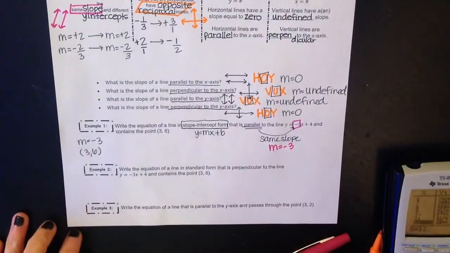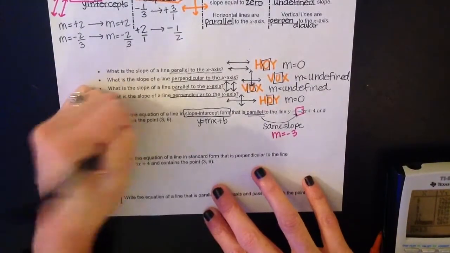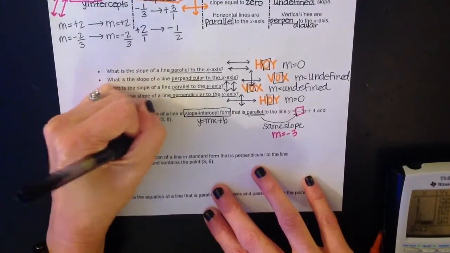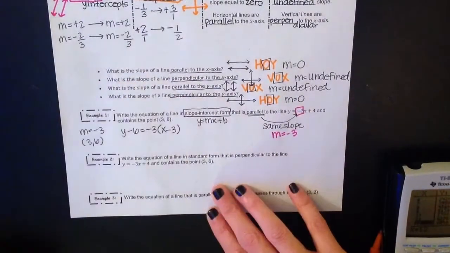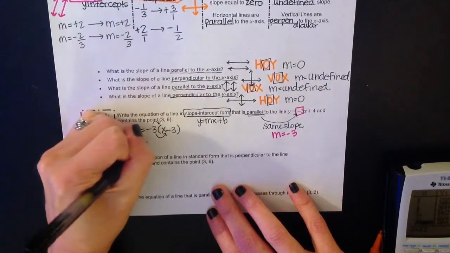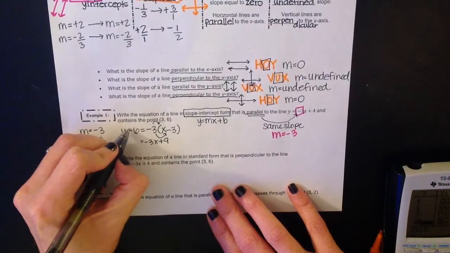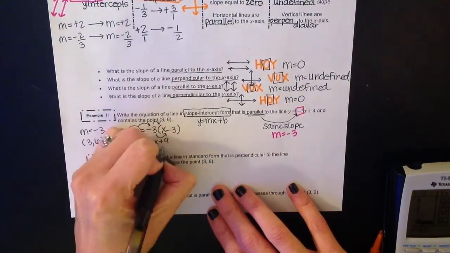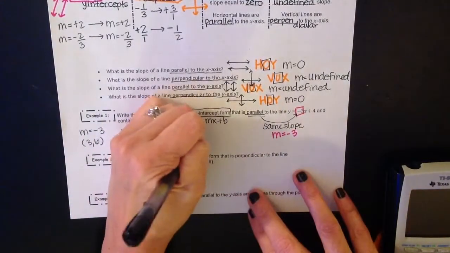So what I'm going to do is I'm going to use my point slope equation, and I'm going to say y minus the y value is equal to the slope times x minus the x value. And so I'm going to distribute. So that's going to be -3x plus 9. And now I'm going to also move over this -6. And when I do that, it has to have a sign change. And then I have to combine like terms. So I'm going to get y equals